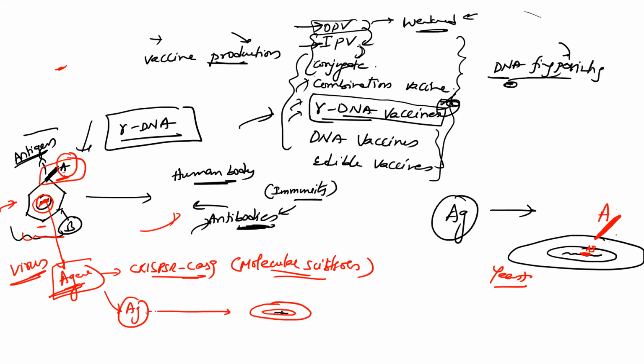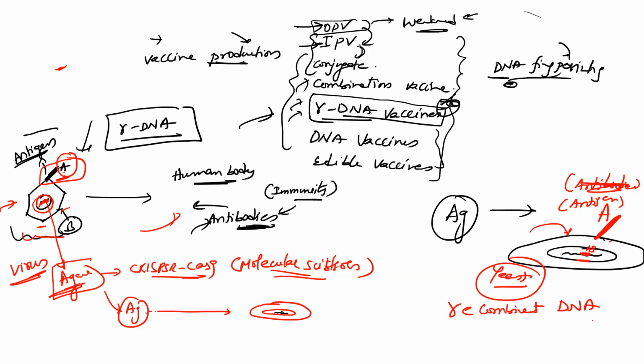A will come up. The same antigen is grown on the surface of the yeast cell, bacteria or yeast. Why bacteria or yeast? Because they replicate very fast. Now we have done genetic modification. We have taken away a DNA part here, and we have recombined it with some other DNA. That's the reason it is called